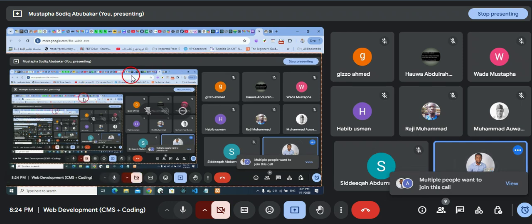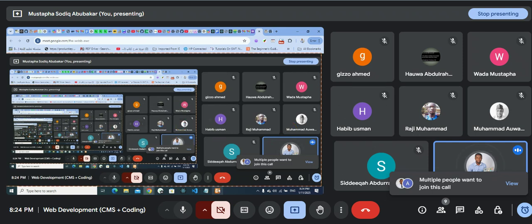But mind you, it will be working on any of the browsers that you are using, but it will be limited to that project alone. Some people used to ask me if they can use it to browse something else. No, you can't use it to browse something else except what is related to the project that you are doing. I can't switch off my data because I will lose connection, but once you want to practice, you can just switch off your data and continue doing anything that you want to work on.